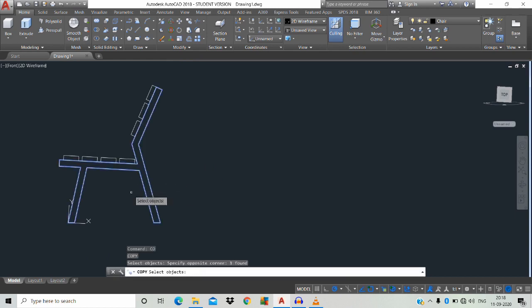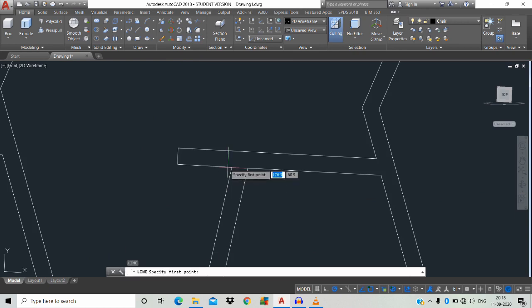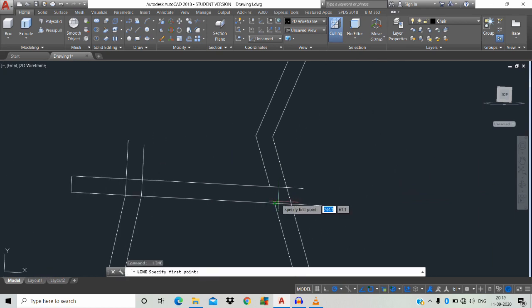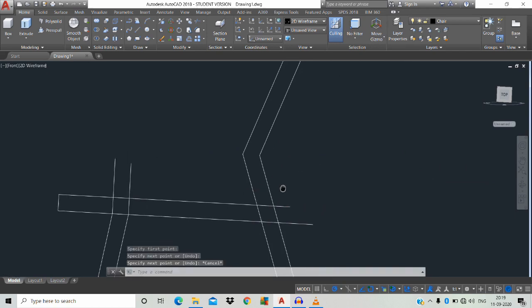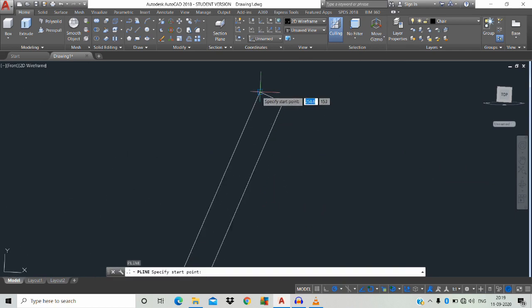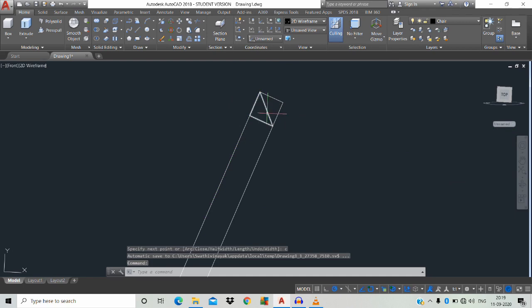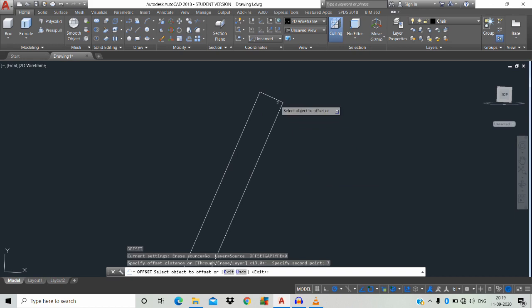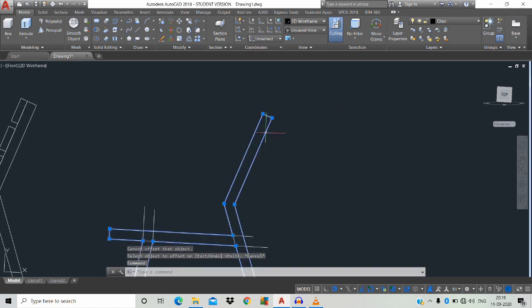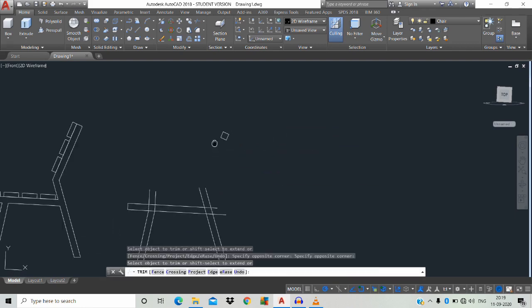CO space, click the object, move towards a specific direction, and L space. 7 mm. TR, just trim the unwanted areas.